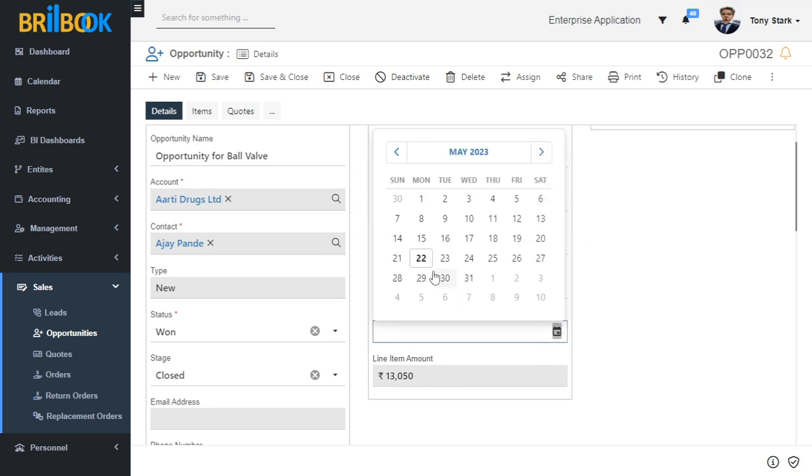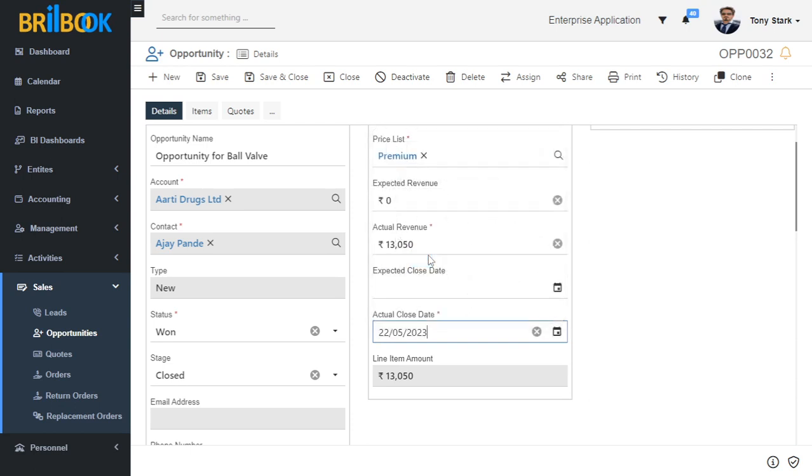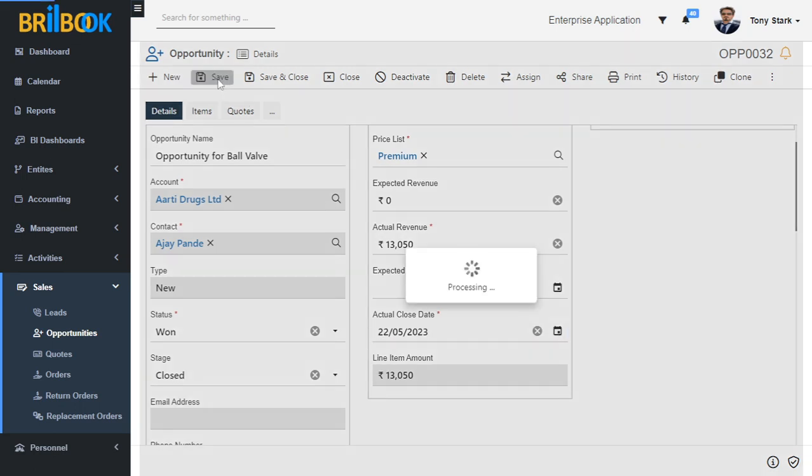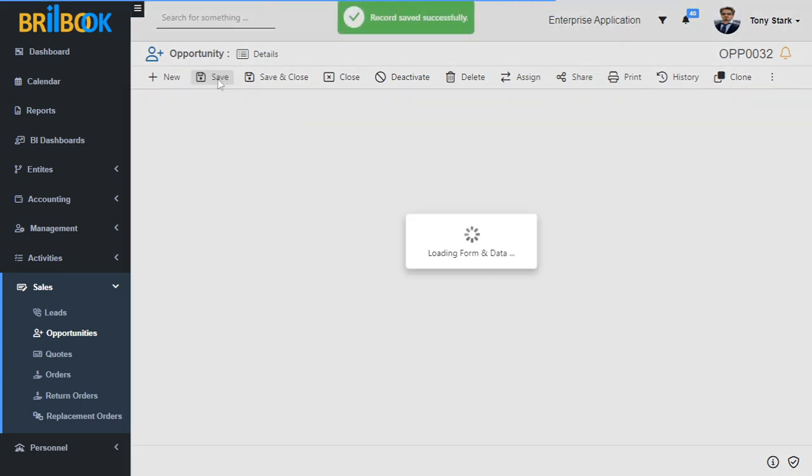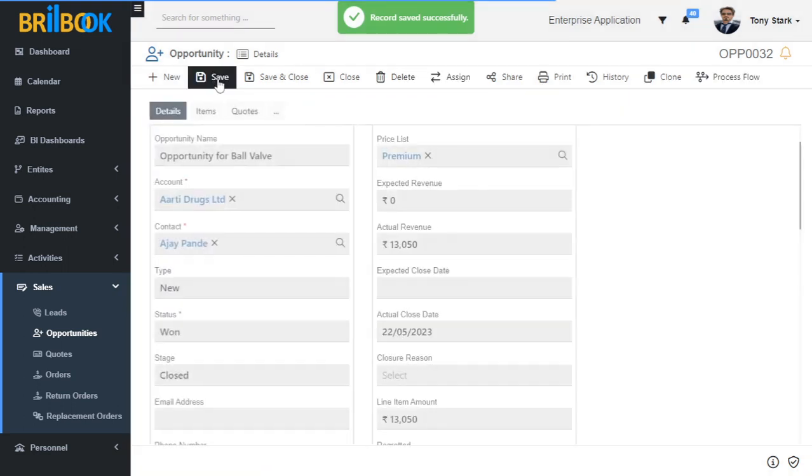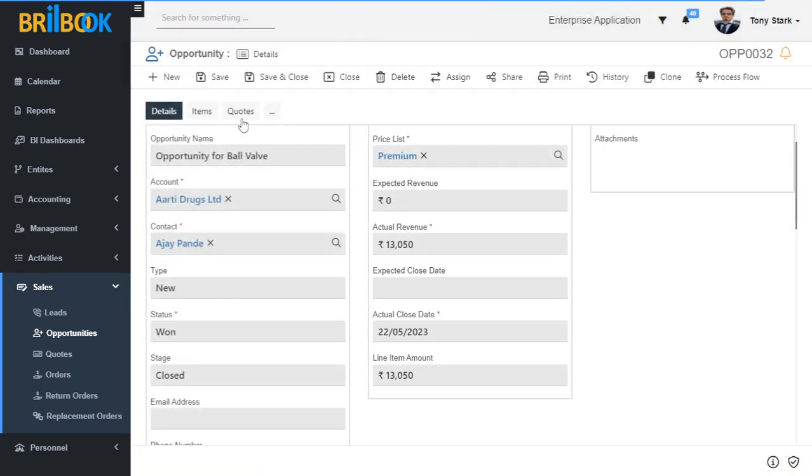Add actual close date and click on Save button. Here you can see the opportunity record is read only and status is marked as won for this opportunity.